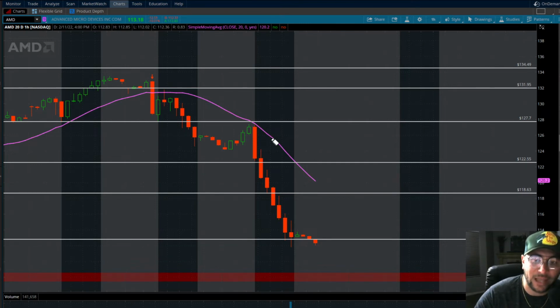Also, with this play, I did take 10 options contracts on AMD. I just wanted to get that quick move in my favor. As soon as I saw us come down here in this first 30 minutes and I started to see us bounce, it was at this moment I thought maybe this is going to be a washout, a fake trap. It was going to trap all the eager shorts that were trying to get in early in the market. So I'm just going to let this play out. As this candle was green here that I'm highlighting, it was pushing up, and then we started to see a little bit of rejection. And at that same time, I also started to notice the NASDAQ futures starting to get weaker.